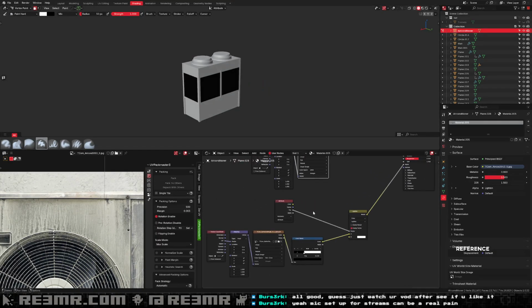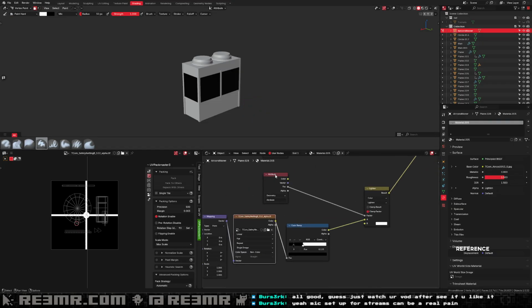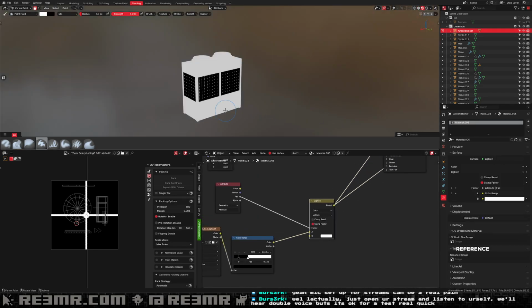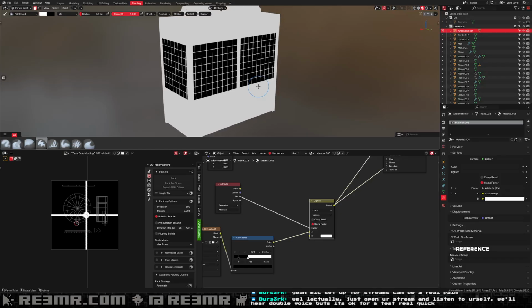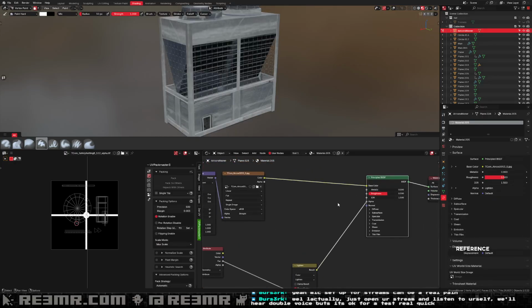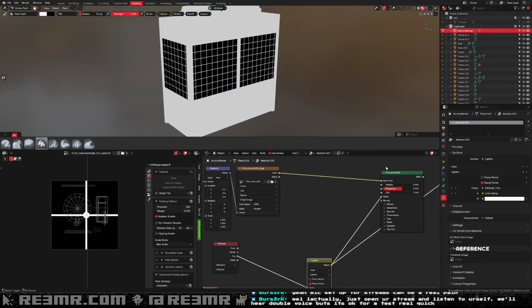initial image in here. So what I did was I brought in this alpha of the grid, and then I used a vertex paint on this section just to tell Blender that this is where I want this alpha to be overlaid. And then I used a lighten mix in order to get this sort of pattern. So wherever the white is, that's where Blender will put the texture. That's the mask, right? So if I do this, you see